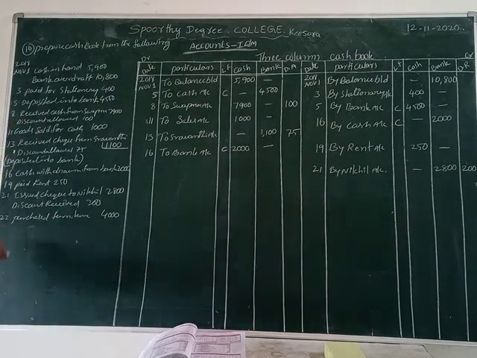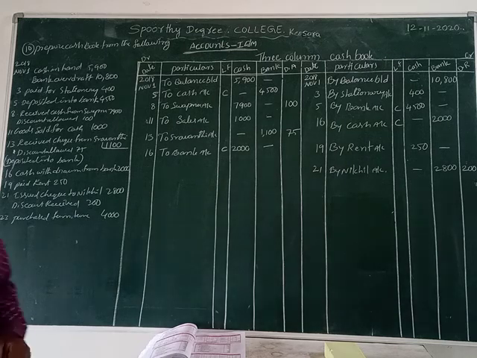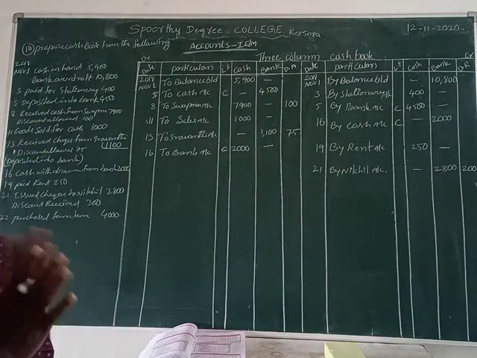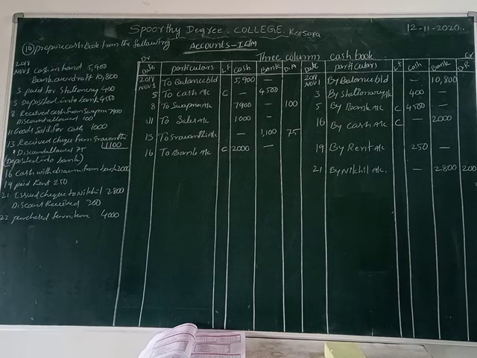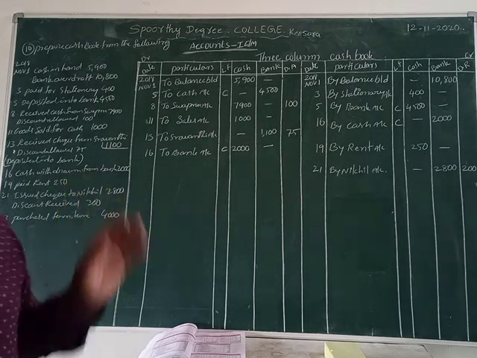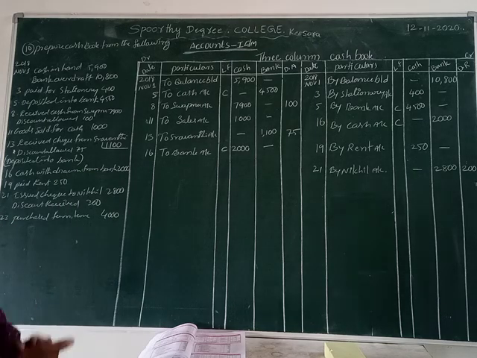Okay. Now we are going to the next one. 23rd. Purchased furniture 4,000 rupees. What did we purchase? Furniture. The goods name is clearly mentioned, that's why we record furniture. How do we purchase the furniture? It is not mentioned, so we purchase that furniture by cash only. Why? Because if it were a bank check, the check would be clearly mentioned. It is not mentioned, so we purchase by cash only.